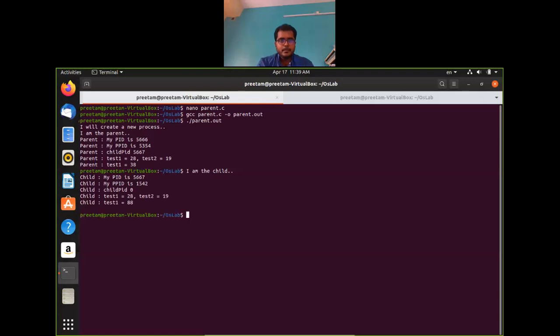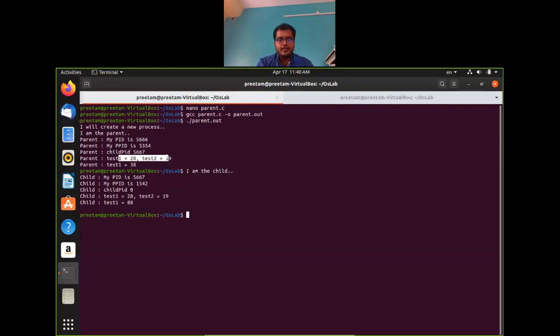This test1 and test2 are two different memory spaces, that is what I am trying to tell you. Whenever we assign test1 and test2 values before calling fork, in both the child and parent process, it will continue to have those two variables with these two values.